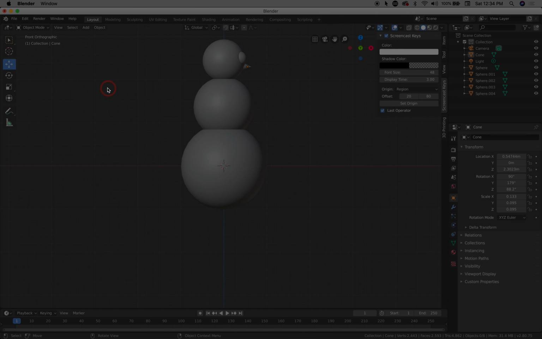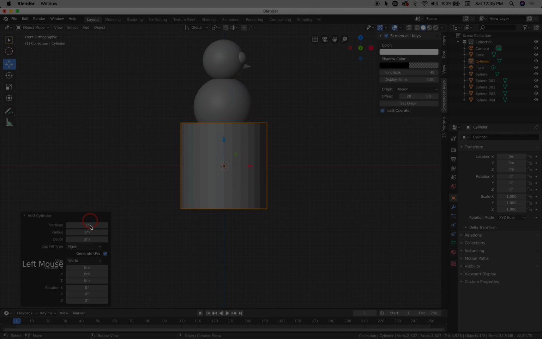So now the next thing we want to do is add a hat. And remember, you have this guide tutorial that you can use. So I'm going to go ahead and hit Add, Mesh, and we're going to add a cylinder. Where is that? Right here. Now when the cylinder comes in, it's asking us to add more vertices. Vertices are these lines. So I'm going to go down to the bottom, and I'm going to make that 64 and hit enter. See, it gave us a lot more vertices to play with, so it's a much smoother